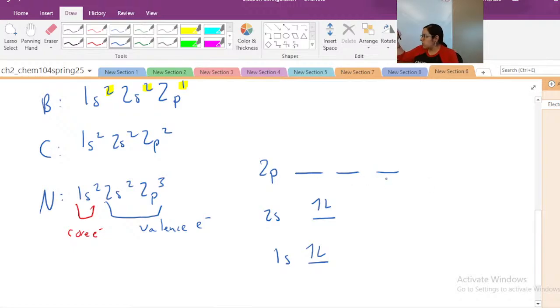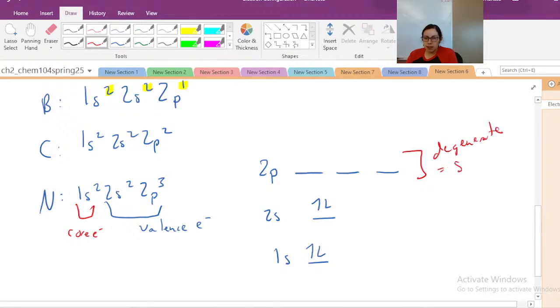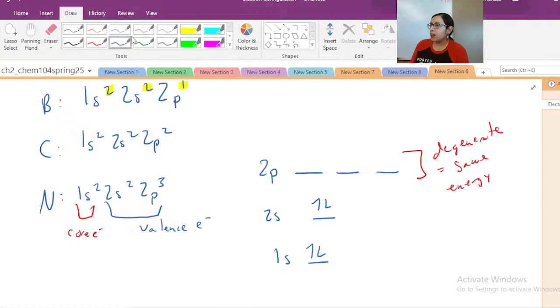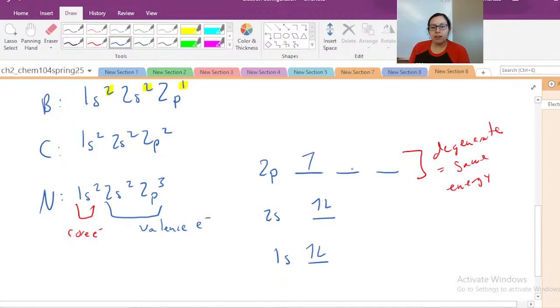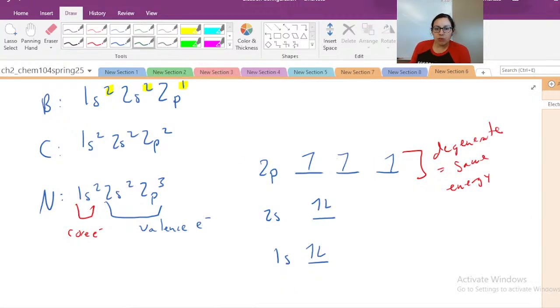And the reason why we have to do the little candy rule and give everyone an electron first is because these orbitals are what we call degenerate. And that means that they have the same energy. Again, the candy rule is nice and cute, but it's not explaining what is going on. What we're saying is energetically, all these are the same energy level. And so if we want them to be at the lowest, then it's favorable to put 1 in each one. And the additional reason for that is once we pair it,